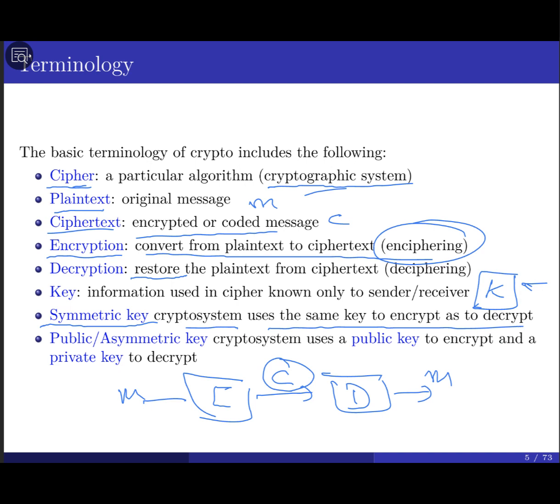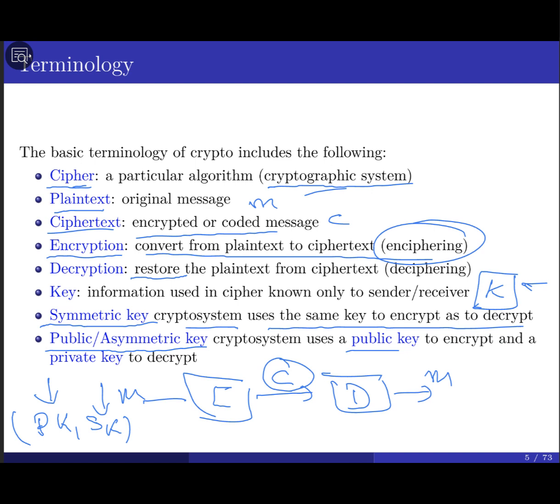The public key or the asymmetric key, in this case you use two keys. Every user is going to have two keys. The first one is going to be the public key, and the second one, like a pair of keys, is the secret key. Okay, so everyone knows your public key, but no one knows your secret key. And it depends, by the way, I'm not going to say encryption and decryption. It depends on what you try to achieve, what security service. If you try to achieve confidentiality, that means to send the message to someone else, you are going to use the public key of the other guy. So he's the only one who can decrypt the message, the one that has the private key.